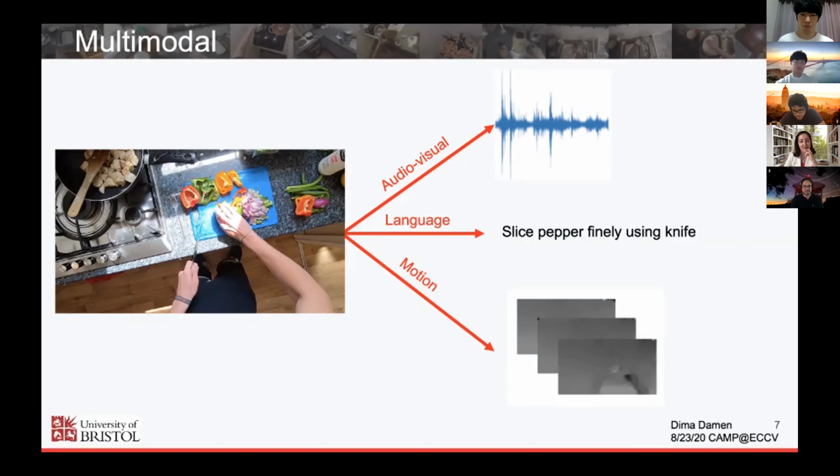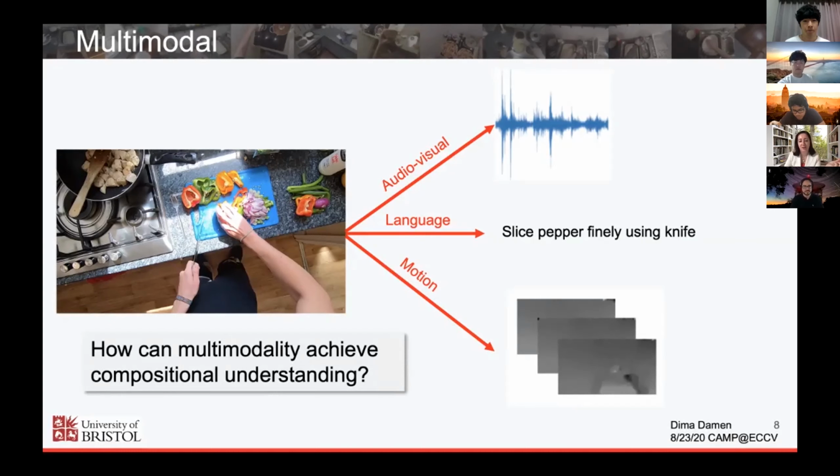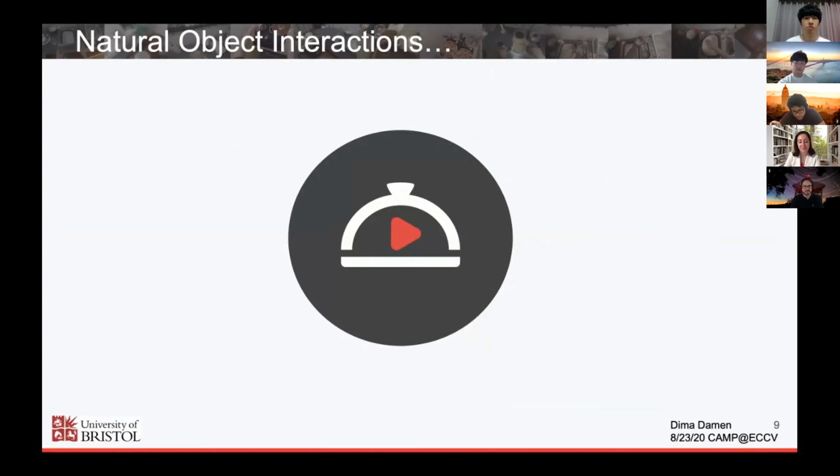In this talk, I will address the 3 different overloaded terms, asking the question, how can multimodality achieve compositional understanding without those additional labels? So without setting spatial notions or temporal splits. And I hope by the end, I will have shown you some of the work we've done towards this aspect. But before I do that, it's important to have some videos we can rely on that will allow you to do multimodal understanding. They should have audio, they should have language, and they should have motion, etc.